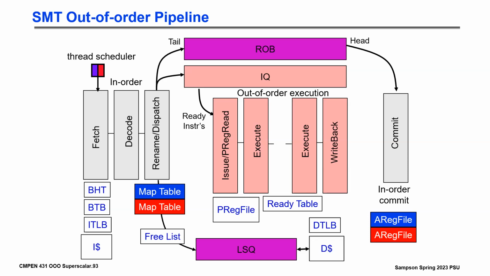So how do I want to share the ROB? This is as much an implementation question as a logic question. The way that you build the ROB practically does not lend itself to entry-level granularity in partitioning among n threads. The way that you want to build this as a practical queue memory structure with reasonable access time and area overheads means that I'm better off either hard partitioning it or having fairly coarse-grained chunks that I allocate and deallocate at a relatively infrequent point in time among multiple